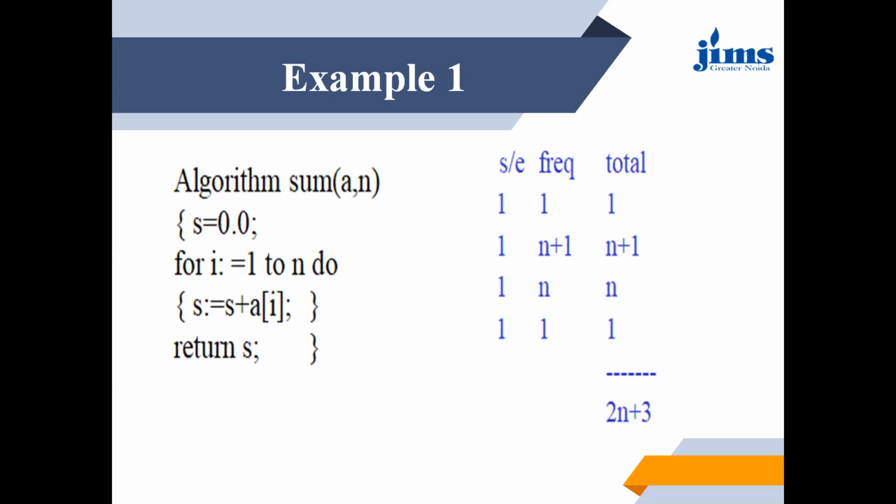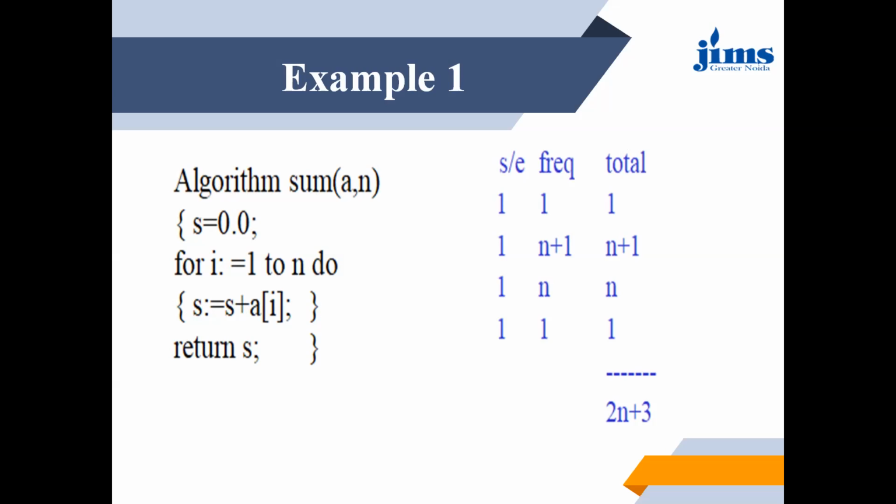So what's the frequency? What's the meaning of this part? Frequency means how many times. See, in an algorithm, each statement is an instruction. So the algorithm header Sum(a, n) will execute once. s equals 0 will execute one time, right? And the for loop will execute for i equals 1 to n times, because it will execute for i equals 1, i equals 2, i equals 3 up to n, and for n plus 1 it checks the condition and it is false. So that's why the for statement is executed n plus 1 times.